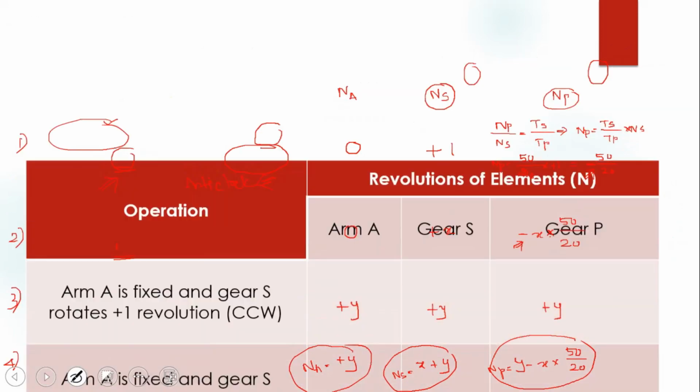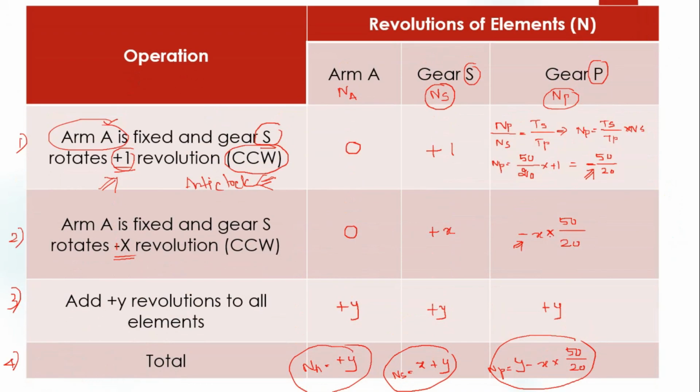Then what is the equation here? NA, which is equal to plus y, so y plus y, which is equal to the speed of NA. Speed of NA how much? Speed of NA is 50 clockwise. So the direction is clockwise, that's why here minus. So y is equal to 50 RPM. This we got from the given data, and now we have to find